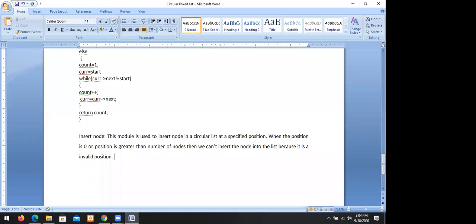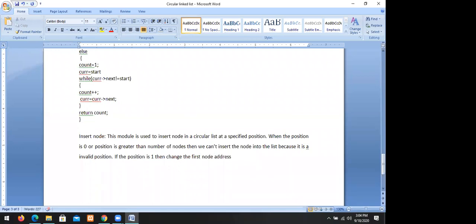If the position is 1, then change the first node address.